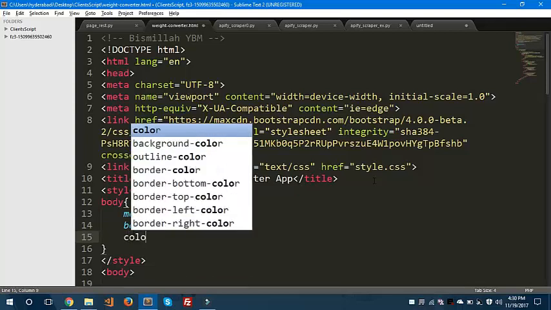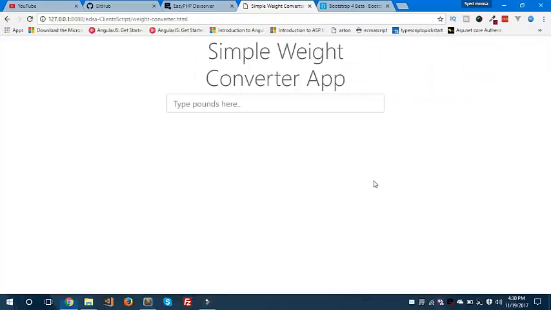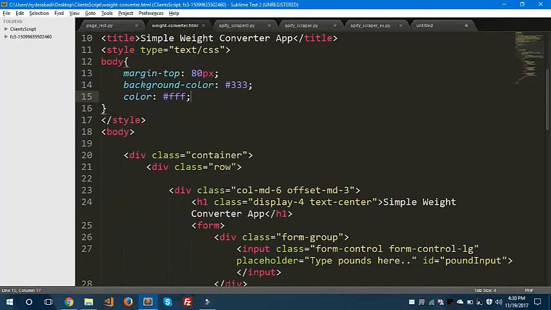It is the dark color, and the color should be white. Let's save and let's hit refresh. Yeah, the three blocks are not appearing, the text is not appearing because it is in white color. So